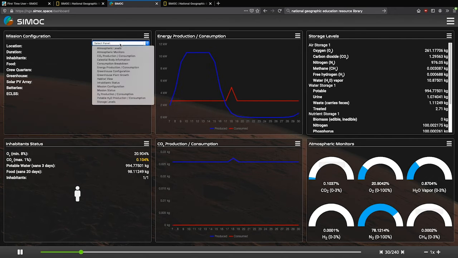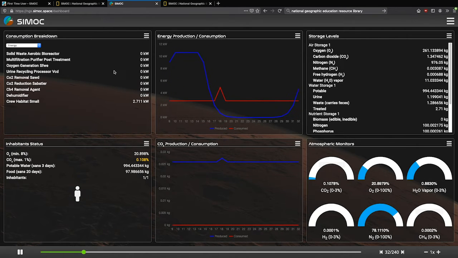We can also go to, this is my favorite one, the consumption breakdown. And this shows you all the electric devices that consume energy. And if you watch these popping in and out, you'll see that they correlate to what's happening on the right-hand side of the screen. If I back up here, you'll see that when that red line is there, what's on here? The CO2 removal SOUD. CO2 removal is part of the ECLSS rack, and that is currently removing CO2